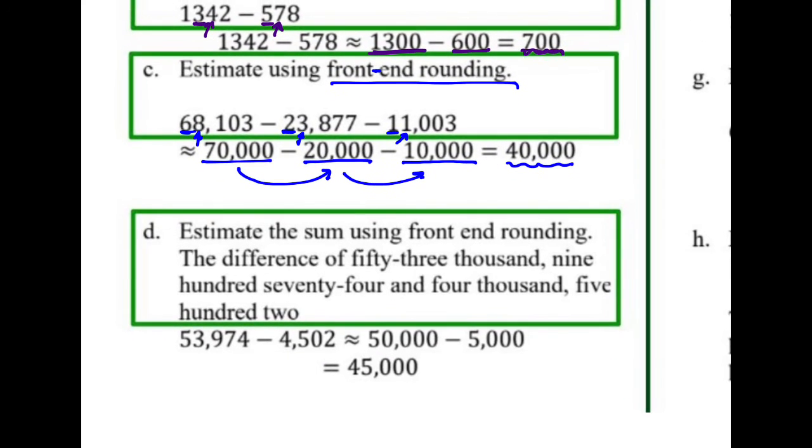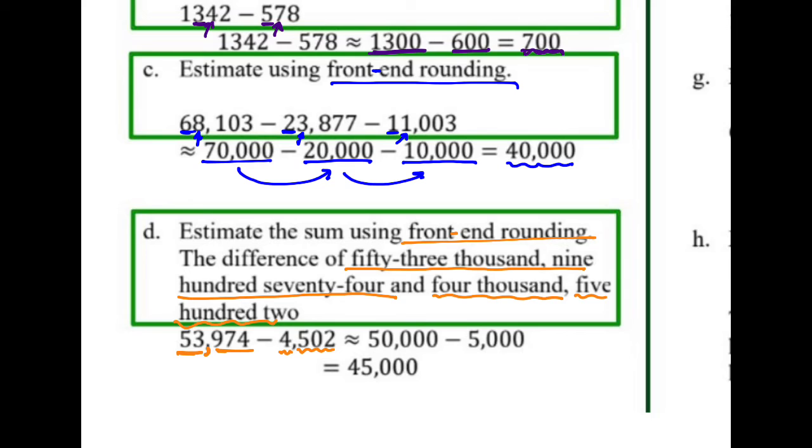All right, the last one here. Okay, estimate using front end rounding. And now we have to find out what their numbers are. So 53,974. Okay, so there's your 53,000, comma, 974. Okay, and then 4,502. Front end rounding. Okay, so